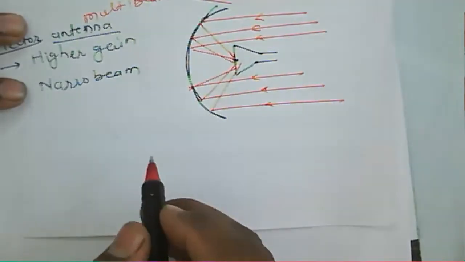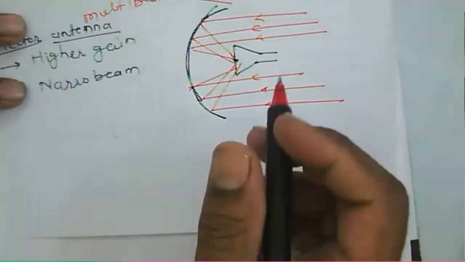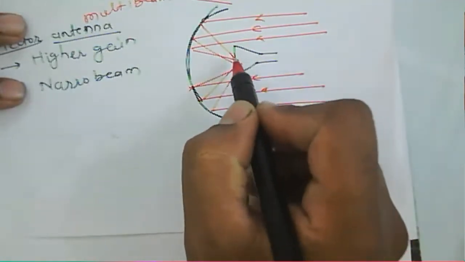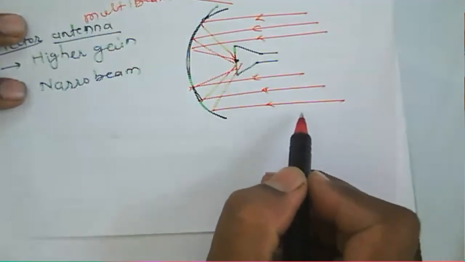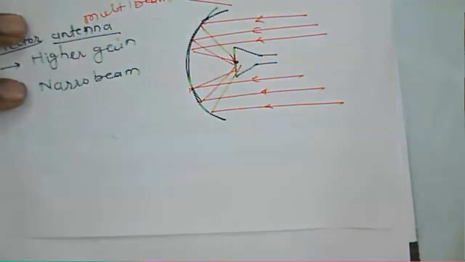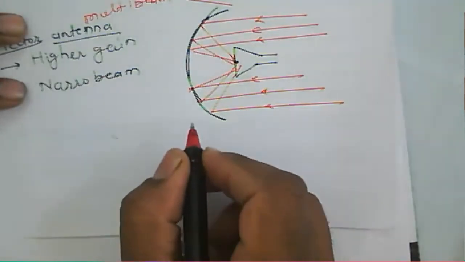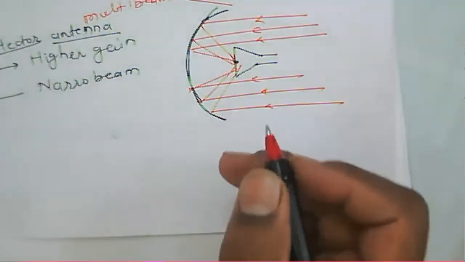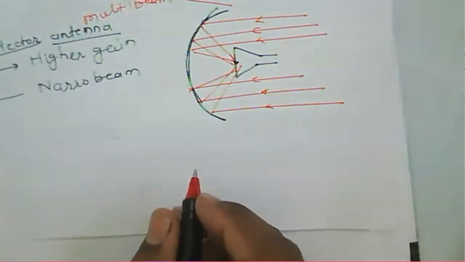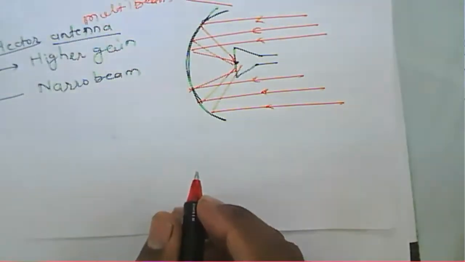So feeding depends on how we place the horn antenna, whether it is at the center or off axis. According to that, the gain will be improved. But if we consider an offset fed antenna, it has advantages with respect to the center fed antenna,